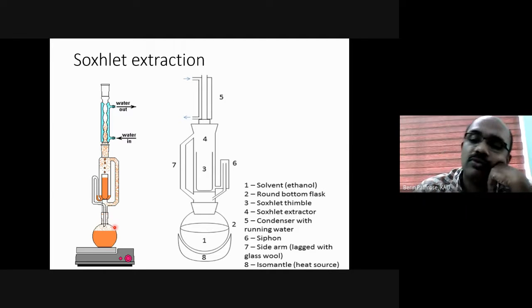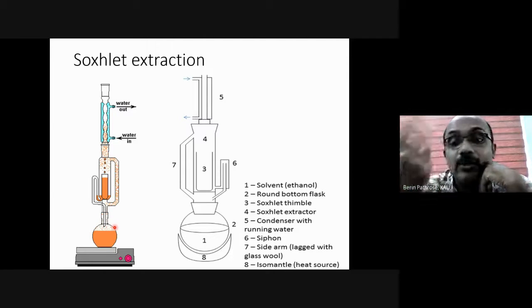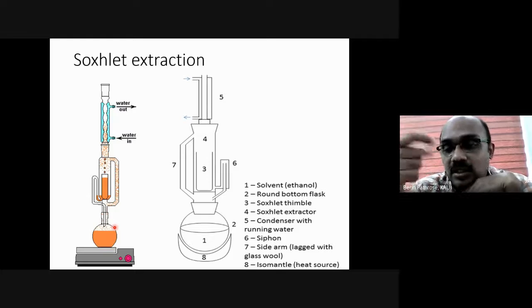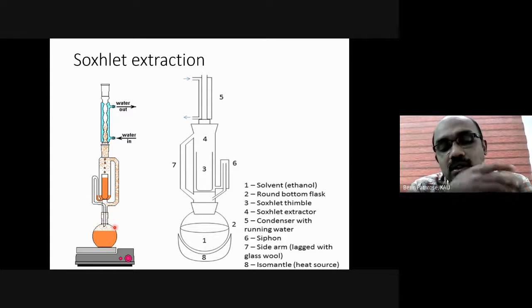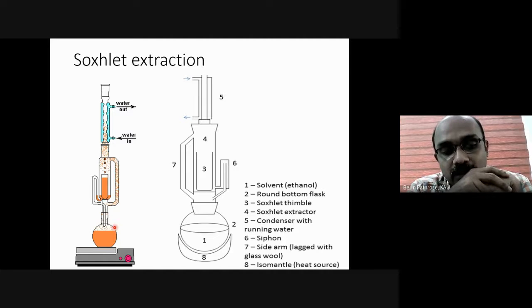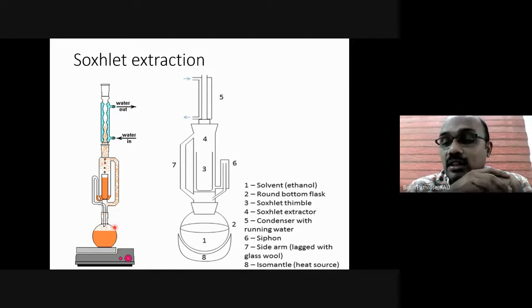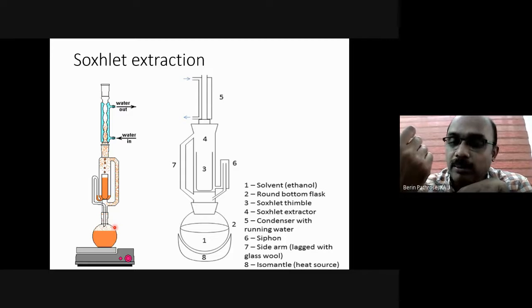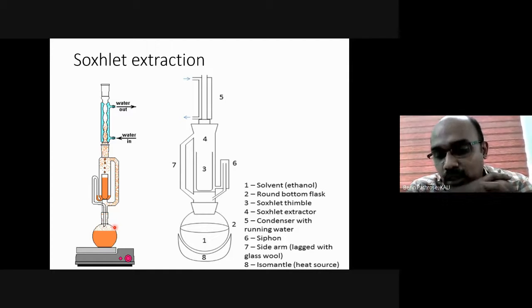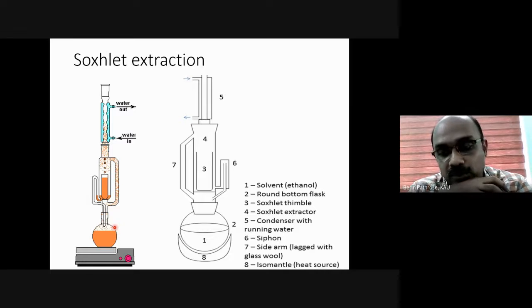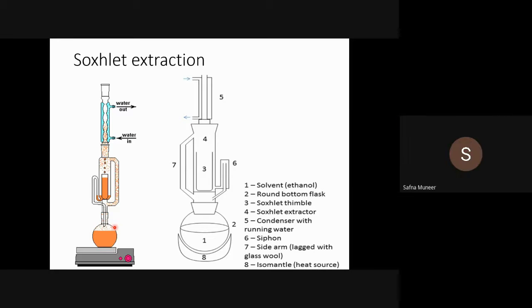From that solvent we will evaporate, we will concentrate, and then we will use it for analysis. So what we'll do is we'll use a rotary vacuum evaporator, evaporate all the solvent. The residue remaining will be dissolved in a small amount, usually say 5 ml or 10 ml of solvent, and then we will inject it into the chromatograph. Okay, sir.